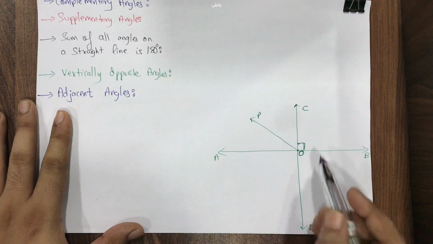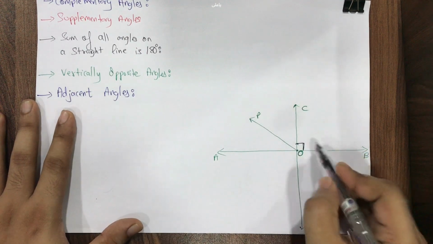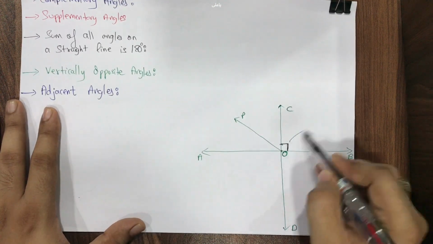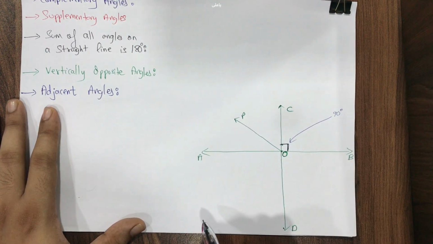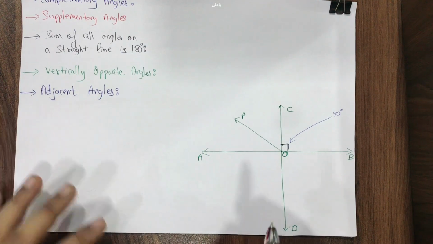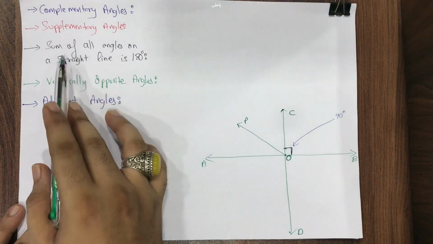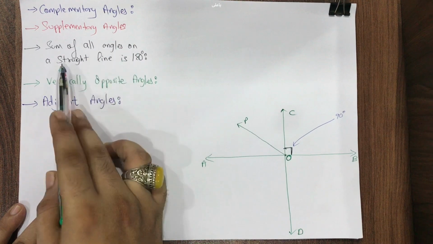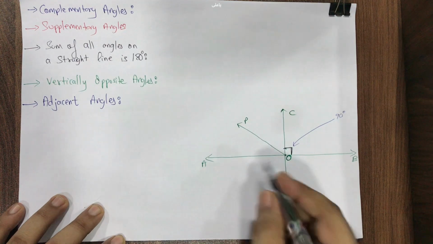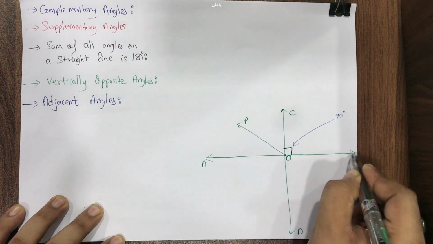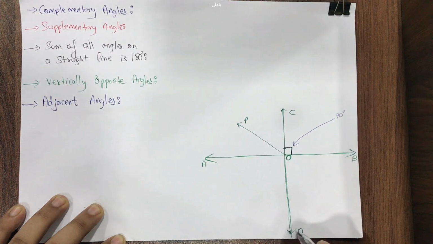Can I say, students, see here please, all of you see here, understand this. A box is made. We never write 90 degrees in the diagram. This box always means that it's 90 degrees. That means angle COB is 90 degrees. Now students, tell me one thing. We have learned one fact, which I have written over here with the black color. Please see my pen. Sum of all angles on a straight line is 180 degrees. So can I say, students, over here, this AOB is a straight line for me. This COD is also a straight line for me.